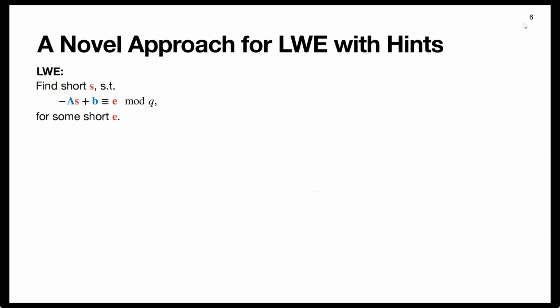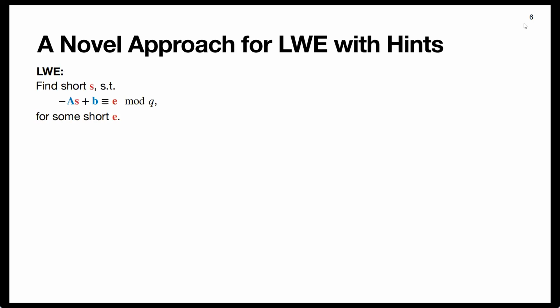So let's dive right into algorithm 1. To understand the algorithm, I think it makes sense to briefly recall how you would usually attack LWE using lattices. But for that, let me once again take the LWE problem, but phrase it a bit differently. It makes sense to think of LWE as the following problem. We're given a matrix A and a vector B, and now we're asked to find some short vector S, such that minus A times S plus B is equal to some short vector E.